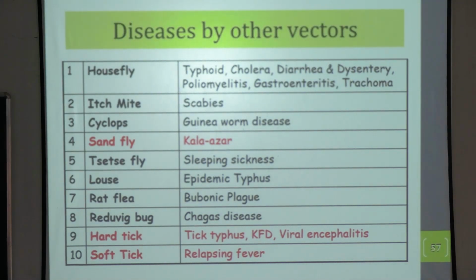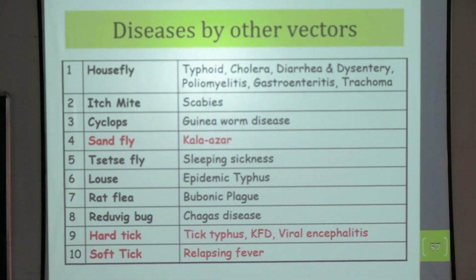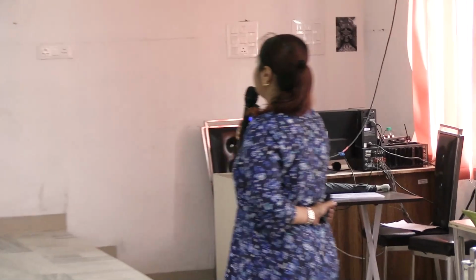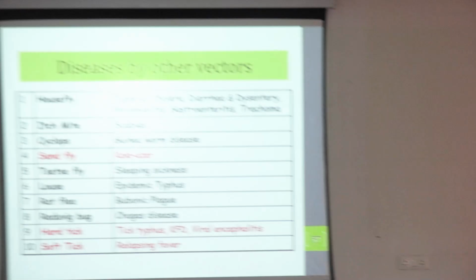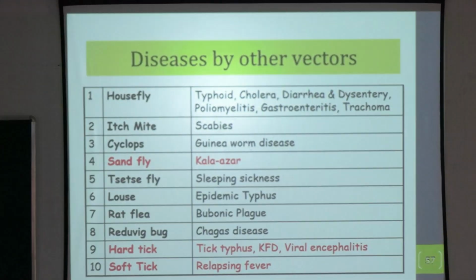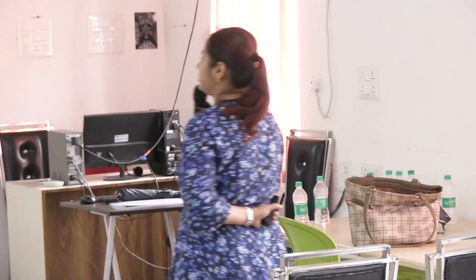Then there is an itch mite which causes scabies. Very good. Cyclops for the guinea worm disease. Then there is a sandfly causing কালাজ্বর। আরেকটা নাম কি কালাজ্বরের? লিশম্যানিয়াসিস। ভেরি গুড। সেটসে ফ্লাই হচ্ছে স্লিপিং সিকনেস। লাউস হচ্ছে এন্ডেমিক টাইফাস। র‍্যাট ফ্লি,